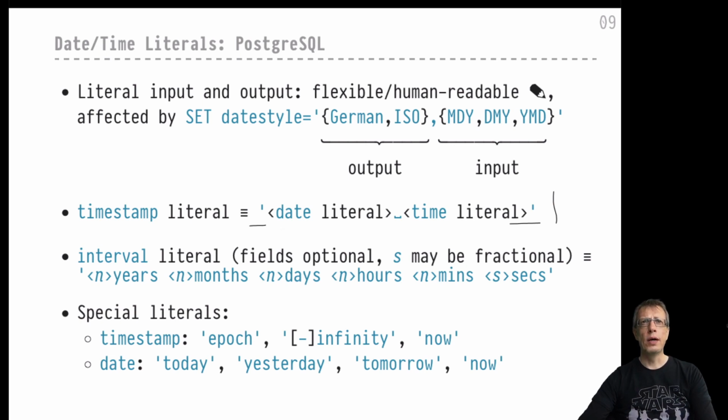Okay, how about time input and output? So how are the parsing rules for date literals, for example? Because from region to region, from nation to nation, from continent to continent, there are different conventions for how a particular time or particular date is actually represented in text. And PostgreSQL is really